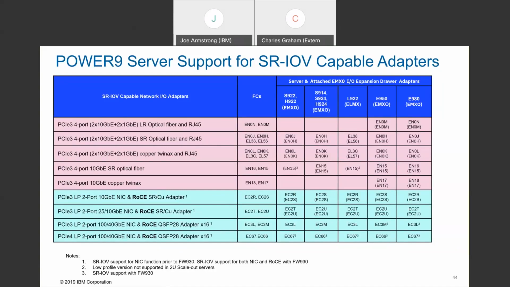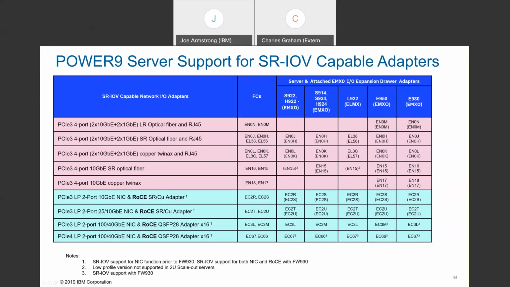Similar, it's got the list of adapters, but for Power9 servers, it also gives you a view of which adapters are applicable in each of the various enclosures. The ones in parentheses, those are the external drawers. And you want to make sure that you are looking at slot locations. When you're doing that, there are some limitations when you do the drawers and some of the